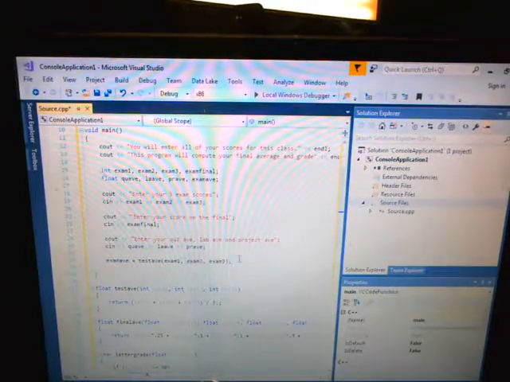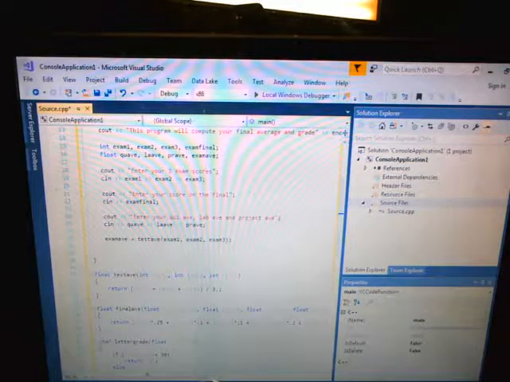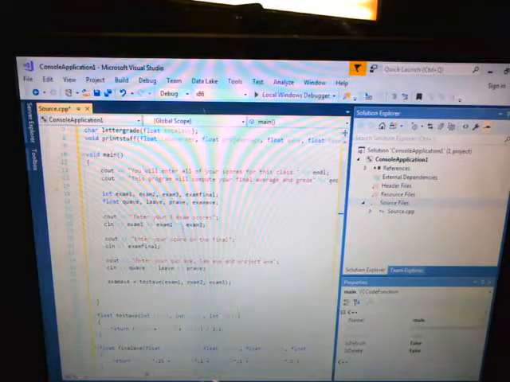Now that we know the test average, or the exam average, what do we want to do? We want to figure out our final average. Do we need to store our final average, or are we just going to print it? We need to store it because we later on need to send that down here to figure out our letter grade. So again, I think we need another variable